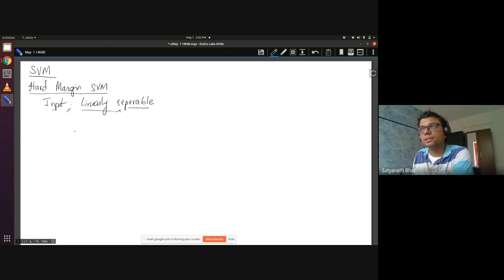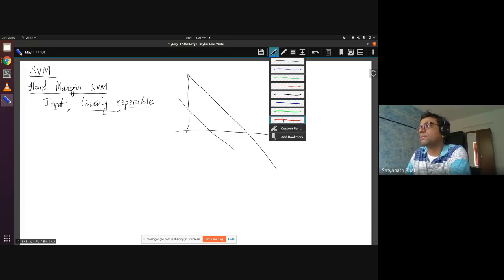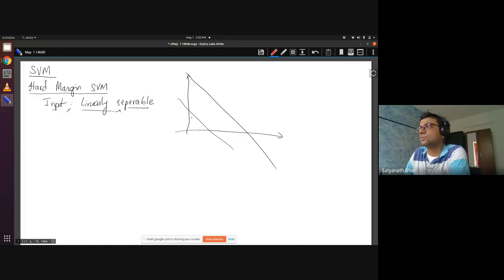So when you have an input like this, amongst all the lines, you are looking for how much you can get the widest margin, so to speak. So given the lines, you would like to find as wide a margin as possible to separate the positive and the negative examples. Let's say these are the negative examples, and let's say these are the positive examples. And the points that are lying on the boundary.